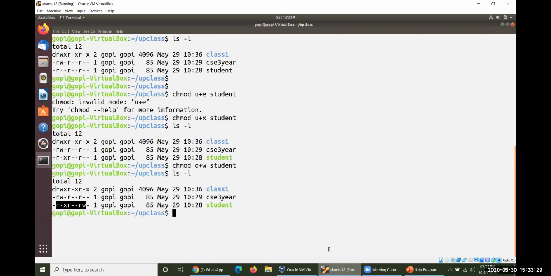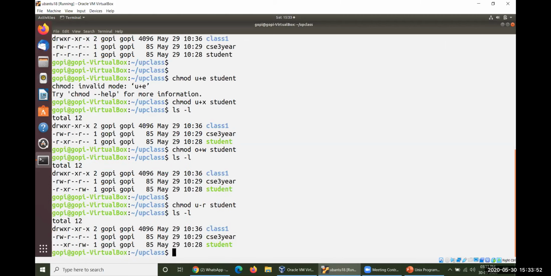Okay. I will release the permission from here. Just watch this one. I'd like to release the permission for this particular thing. So chmod, for user, I don't want to keep read permission for user. So u -r, followed by student. If you do it like this, that particular permission will be released. Remaining permissions will be kept as they are. They will not be disturbed anymore. Only this particular read permission will be revoked from that file. So rwx means read, write, and execute. That is the meaning. Okay.